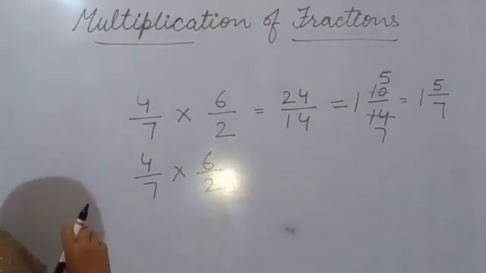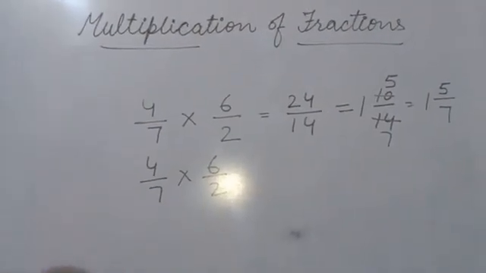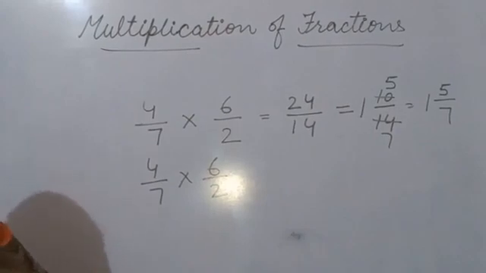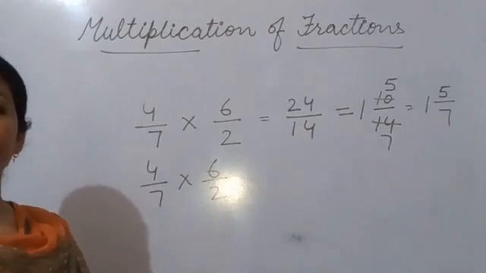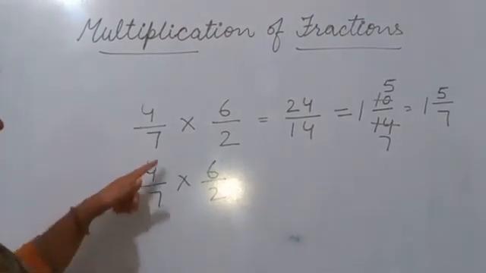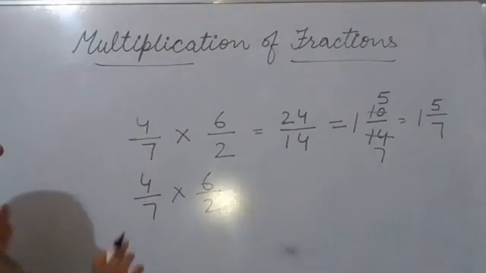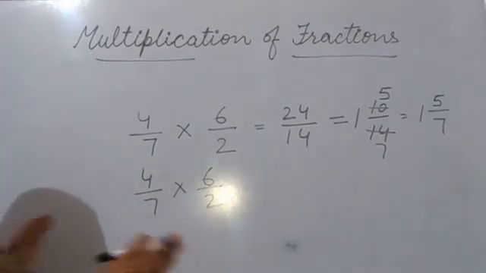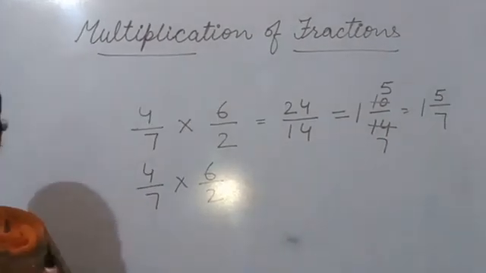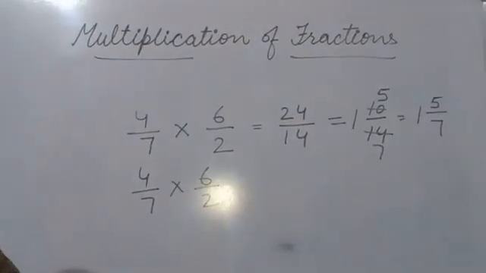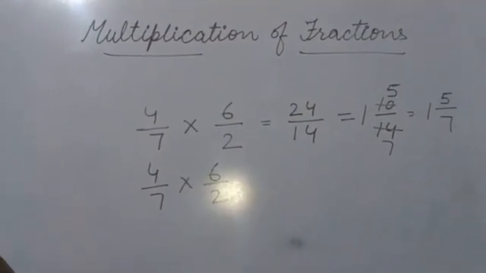But if it is given that simplify and then multiply, that means firstly we will simplify. And what are we doing in simplify? We should cancel numerator by denominator. Never will numerator cancel with numerator, only numerator by denominator. But in multiplication, any numerator with any denominator we can cancel. How do we cancel? We will see in which table numerator and denominator both are coming. Which number's table has both the numerator and the denominator?